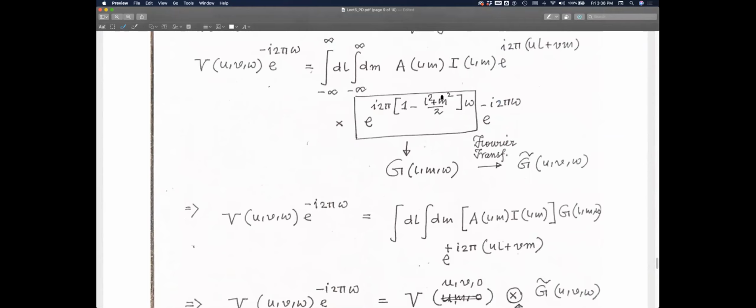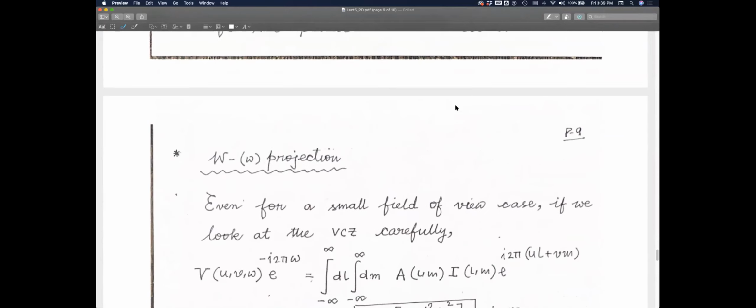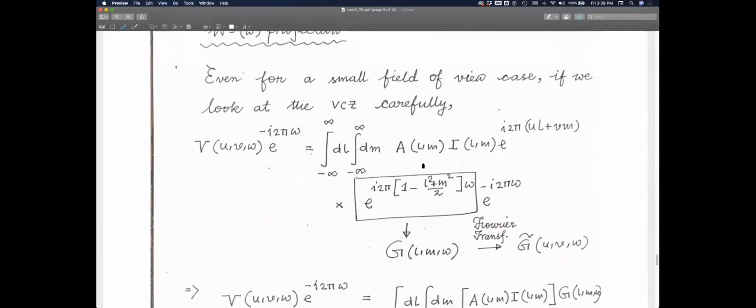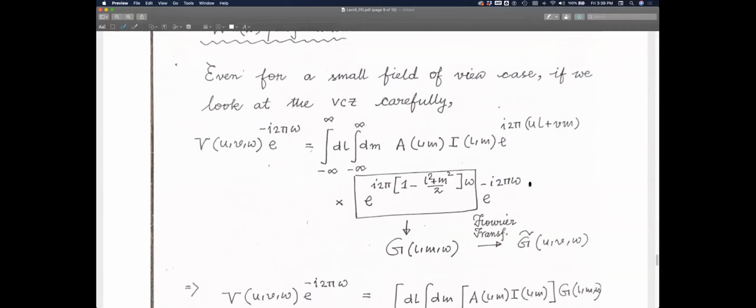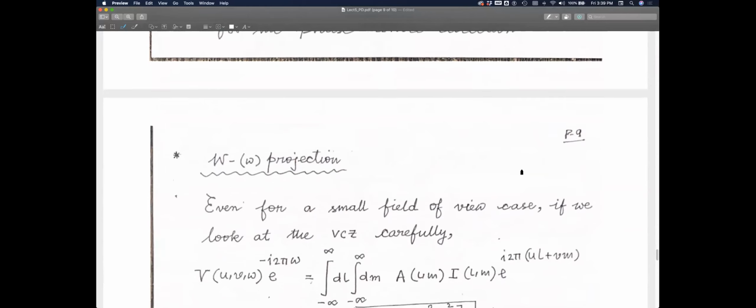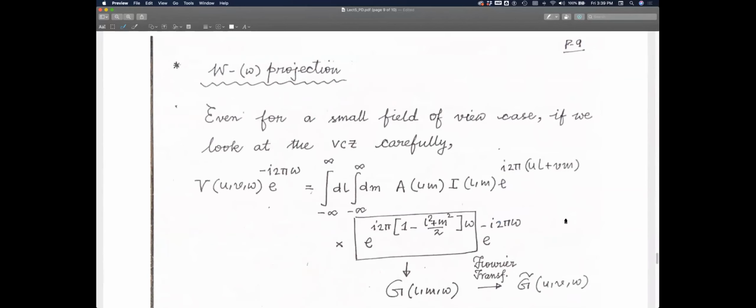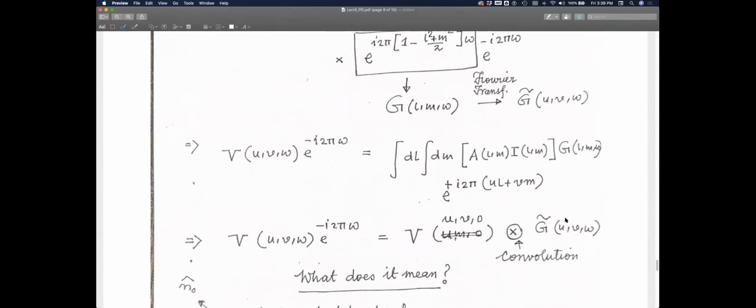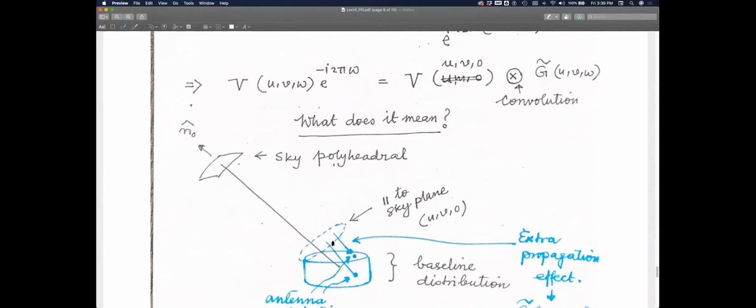So if you think that at this level of your faceting, if you have divided your field of view into 3 facets, your L square plus M square is large enough that you need to keep the next term, break it into 6 facets. Then the next term will be even smaller. Got the point? Yes, sir. So we can extend to any other orders, right? Right. You extend up to the largest number of W projection planes that you can do with your computer and that satisfies you.